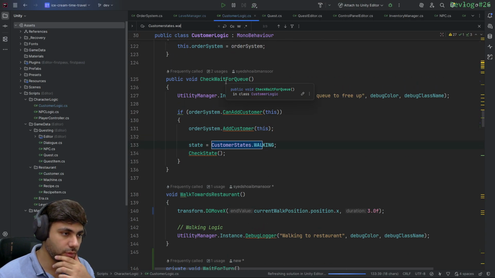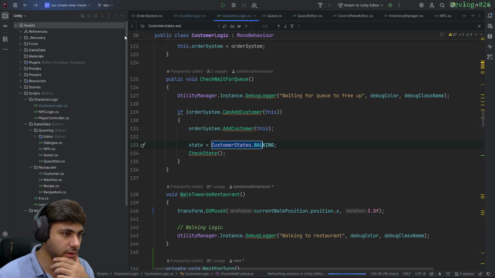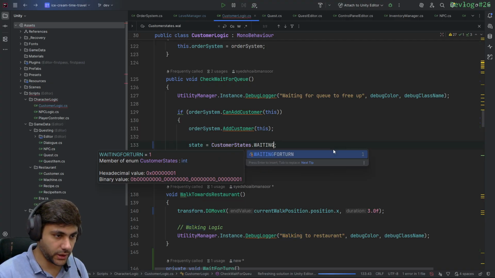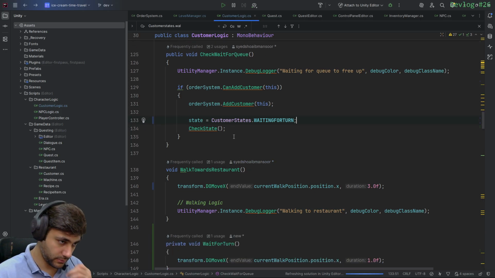Check wait for queue is called when it's idle. System can add customer, yes, and state to waiting for turn. And